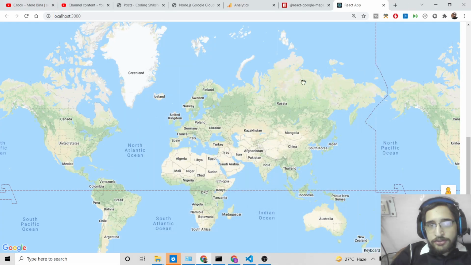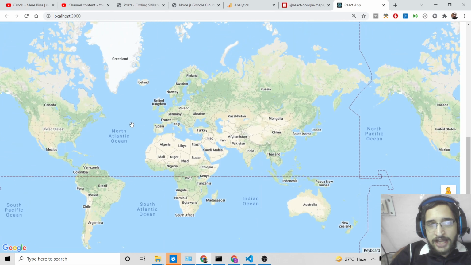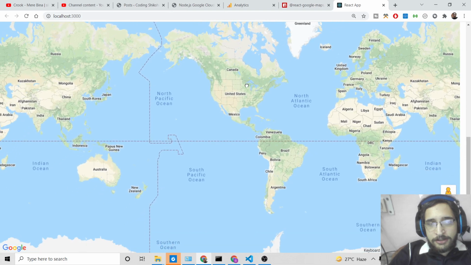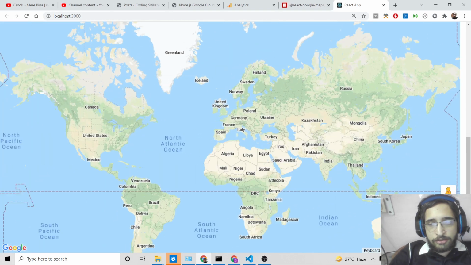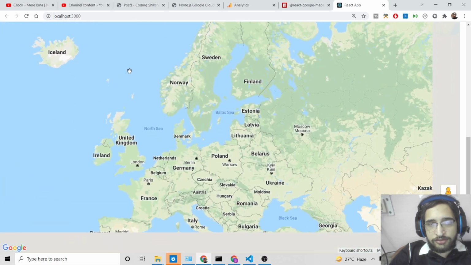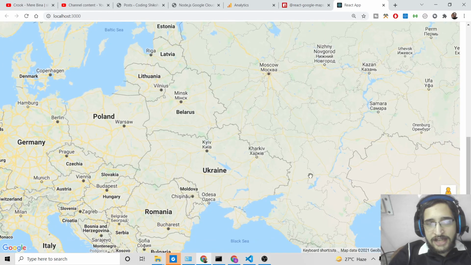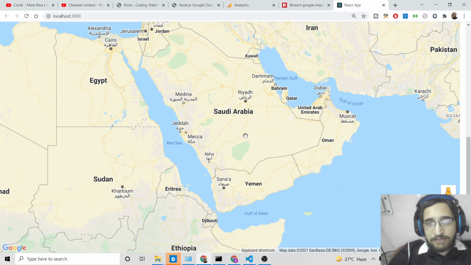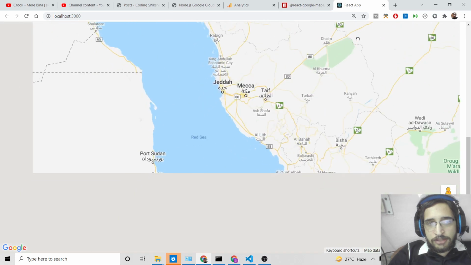Hello friends, today in this tutorial I'll be showing you how to embed the Google Map inside your React.js application. You can see this is a full screen Google Map here and you can navigate around it. Just see, you can also zoom in with the default controls if you want to zoom in on a particular location. This is a React.js application and we are using a Node.js dependency to interact with the Google Cloud Maps API to show this Google map on your website.